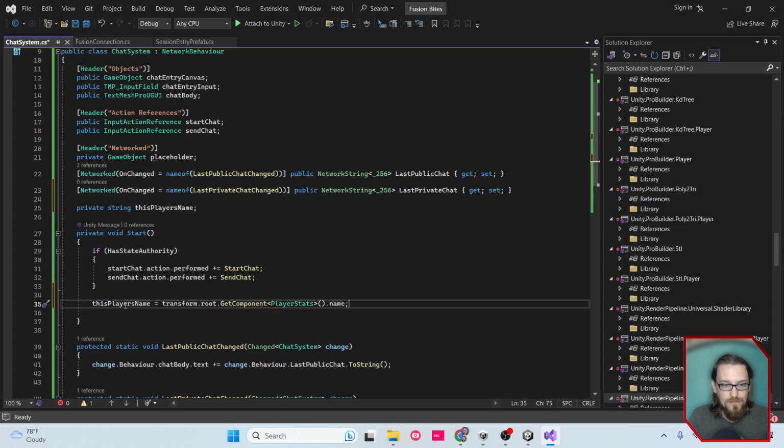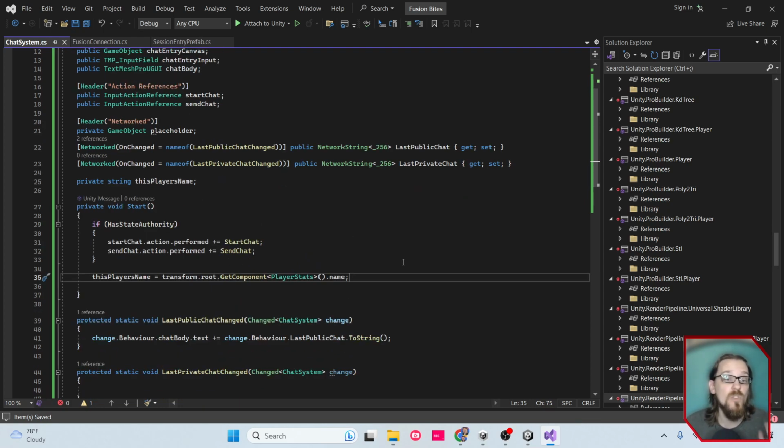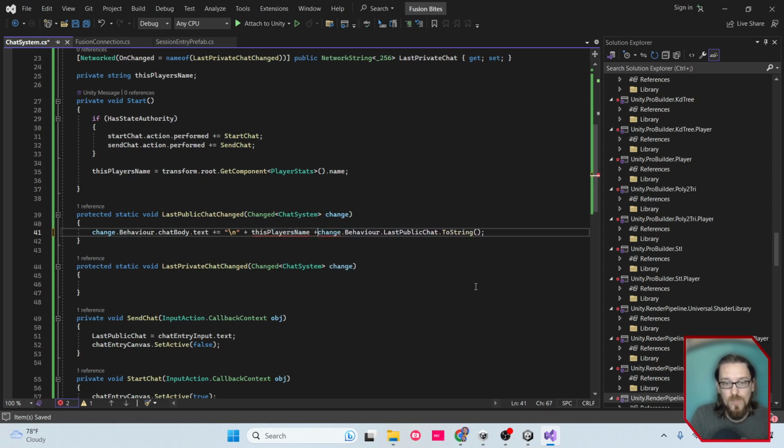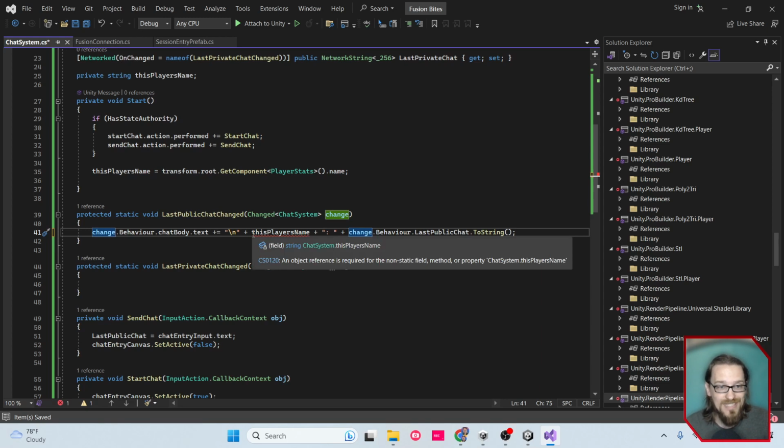So at start, this chat system on this player will know what this player's name is. So on change.behavior.chatbody.text, we're going to add, the first thing we need is a new line. I think it's something like that. And then we're going to add the player's name, so this player's name. Then we're going to add a colon and a space, and then we're going to actually add the message. But we also need to say,